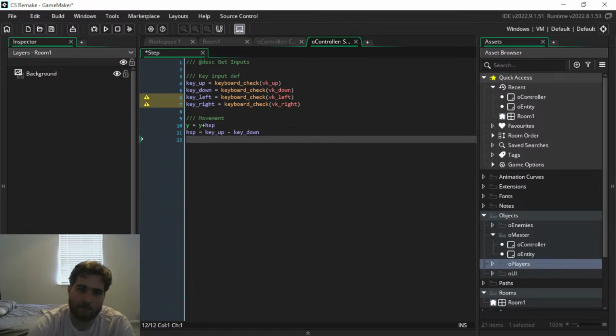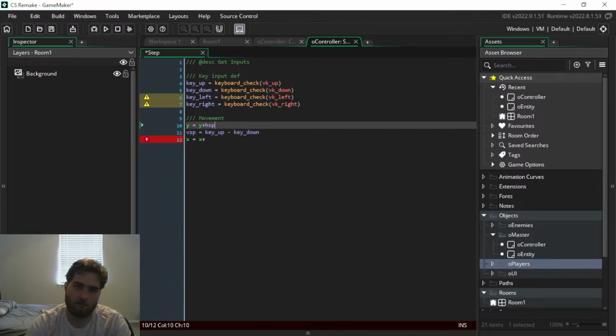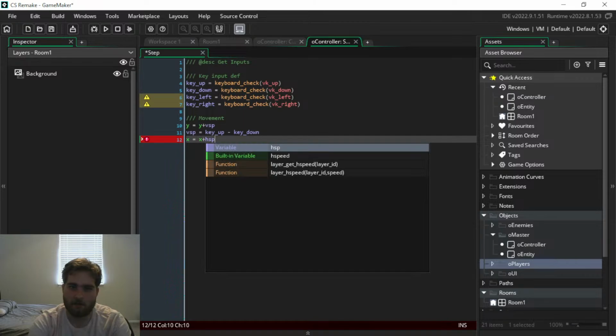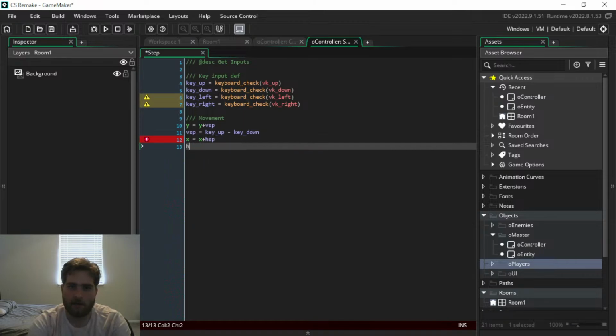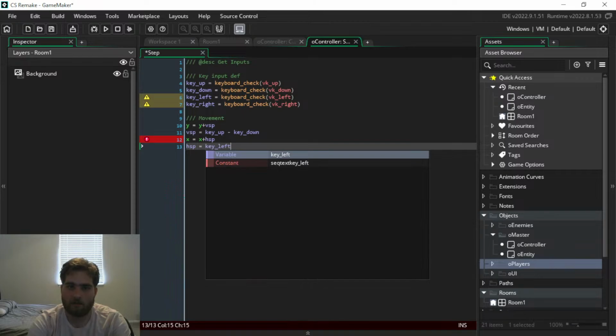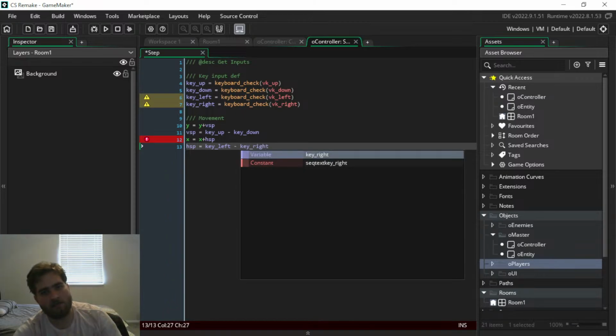And then we're going to do the same here. X equals X plus, wait, that's horizontal, excuse me, it should be plus VSP. X plus HSP. And then HSP equals key left minus key right. So the reason I'm doing this is how this is going to work, and I'll probably need to reverse where those are in a second,